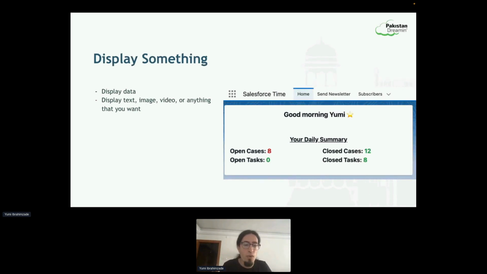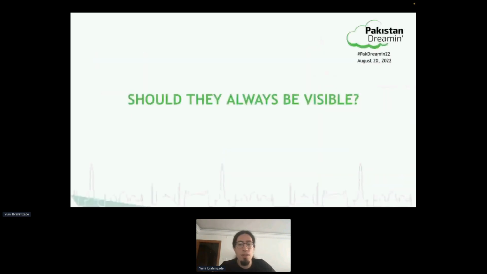So till now, I told you many times that this is the only visible flow type. So the user really sees something on the screen. In the other flow types, user cannot see anything. It's happening in the background. But here, the user sees. So we come to the main question of this session. So should they always be visible? So my answer for this is no,